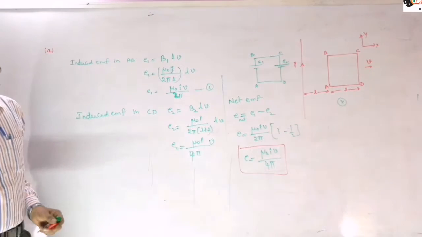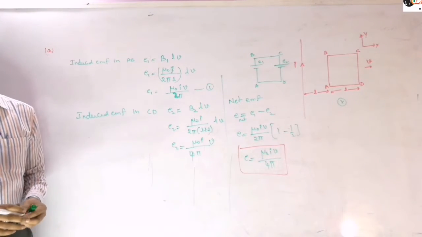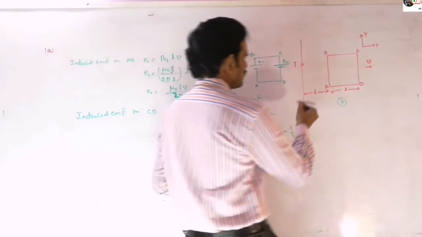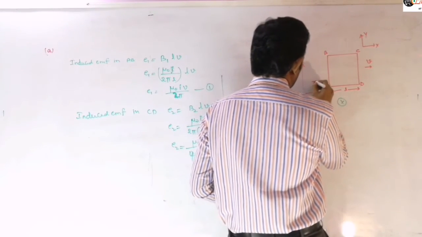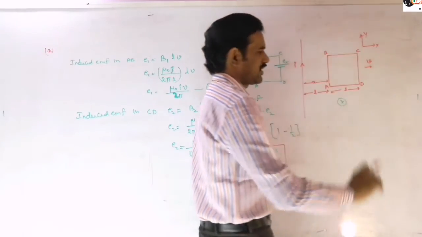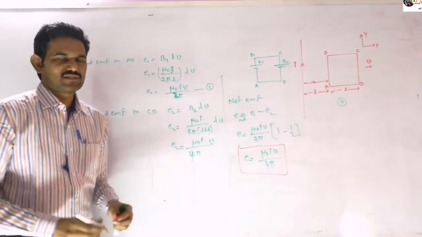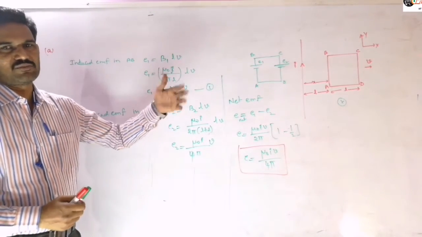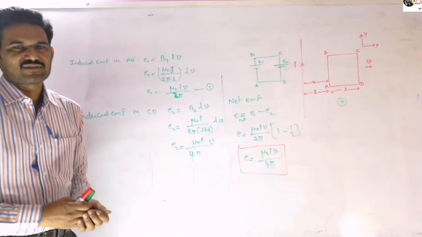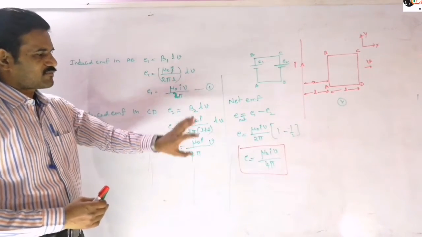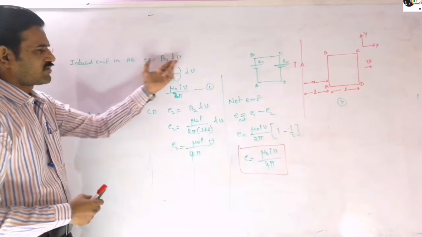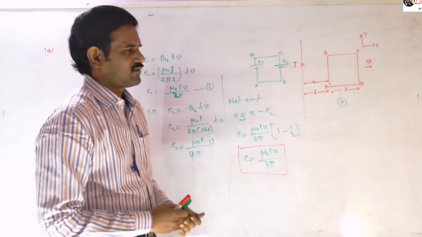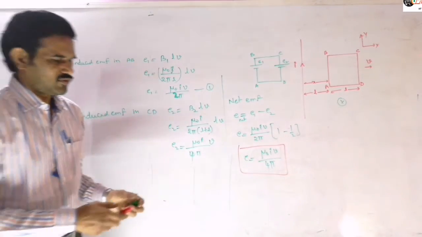Next, as I said, you can also solve it in another way. You may consider that at any instant this wire is at a distance of some X from this, and now you may consider a small element and write the flux passing through it. The flux is variable, so by writing the flux you can differentiate it. That is another method. This is an easy method because we already know the BLV formula, so the induced EMF is in the AB rod and CD rod, and we wrote it directly. Now I am doing this flux calculation.